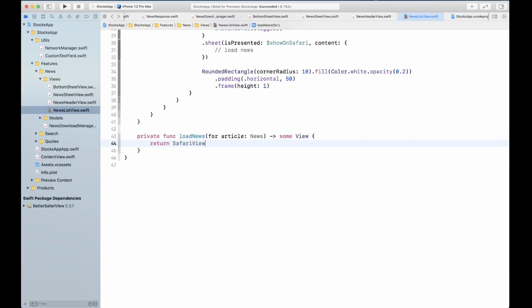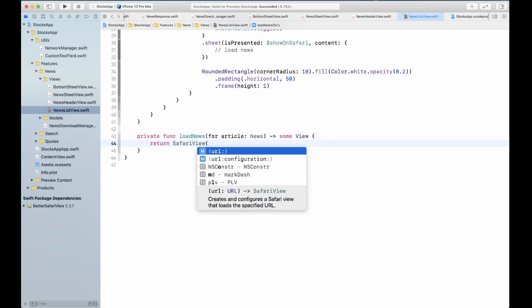There you go. SafariView takes URL and configuration. The reason I thought of using this Better Safari View instead of creating our own is because this handles the authentication and stuff for you, so it's pretty powerful. You can check out the documentation and see what it can do.